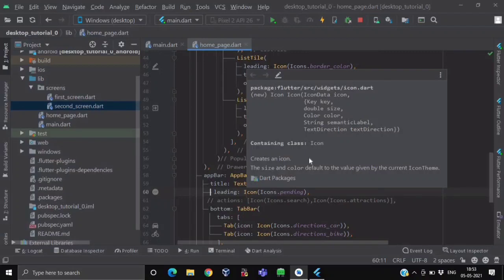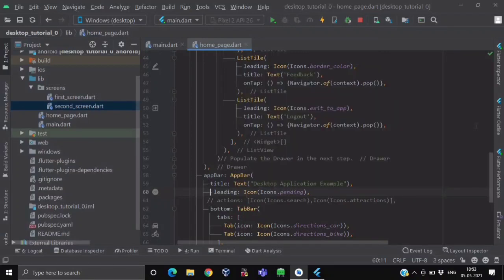One thing you have to note is that you can't use the endDrawer and the actions property at the same time, or the leading property of the app bar and the drawer property at the same time, because they will override each other. So only one thing will be visible at a time.